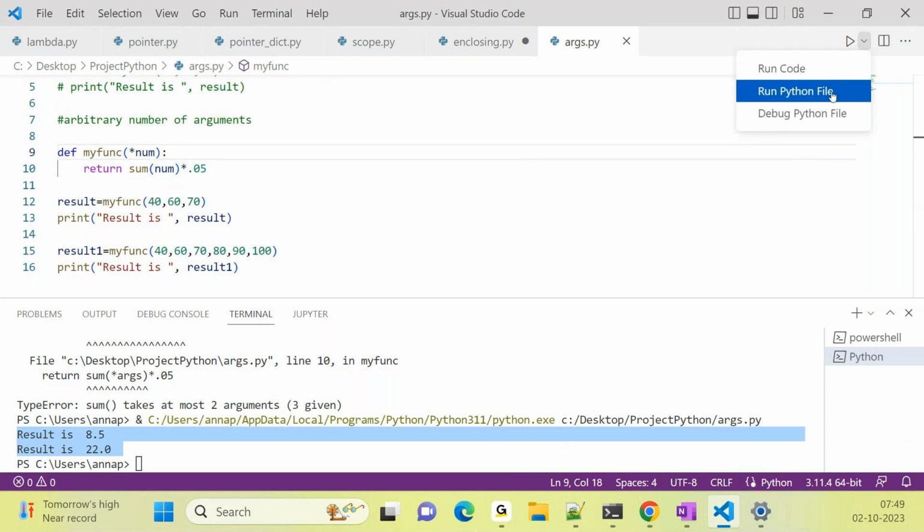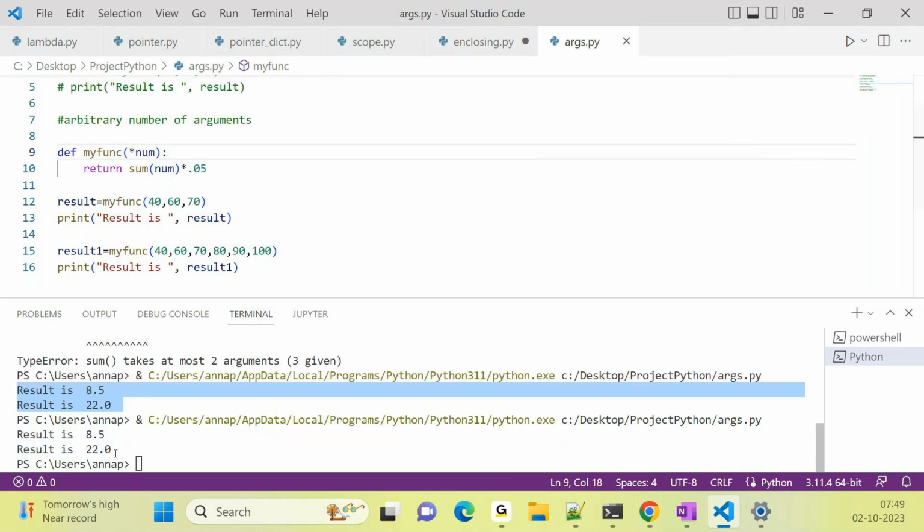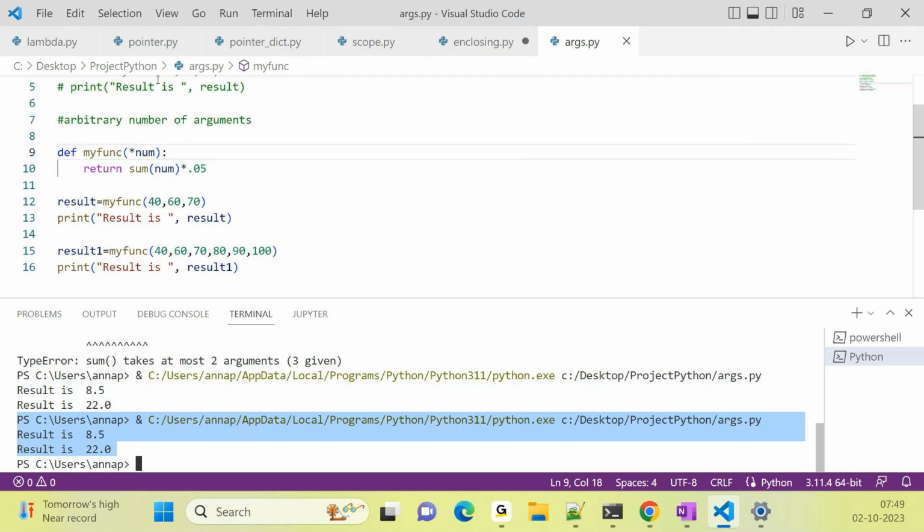Let me run it. It's giving me the same output. But args is the name they use by default, which means number of arguments. A star means any number of arguments. And I can replace it with any name, like how we give a new name to a variable in an if or for. So next what we are going to see is